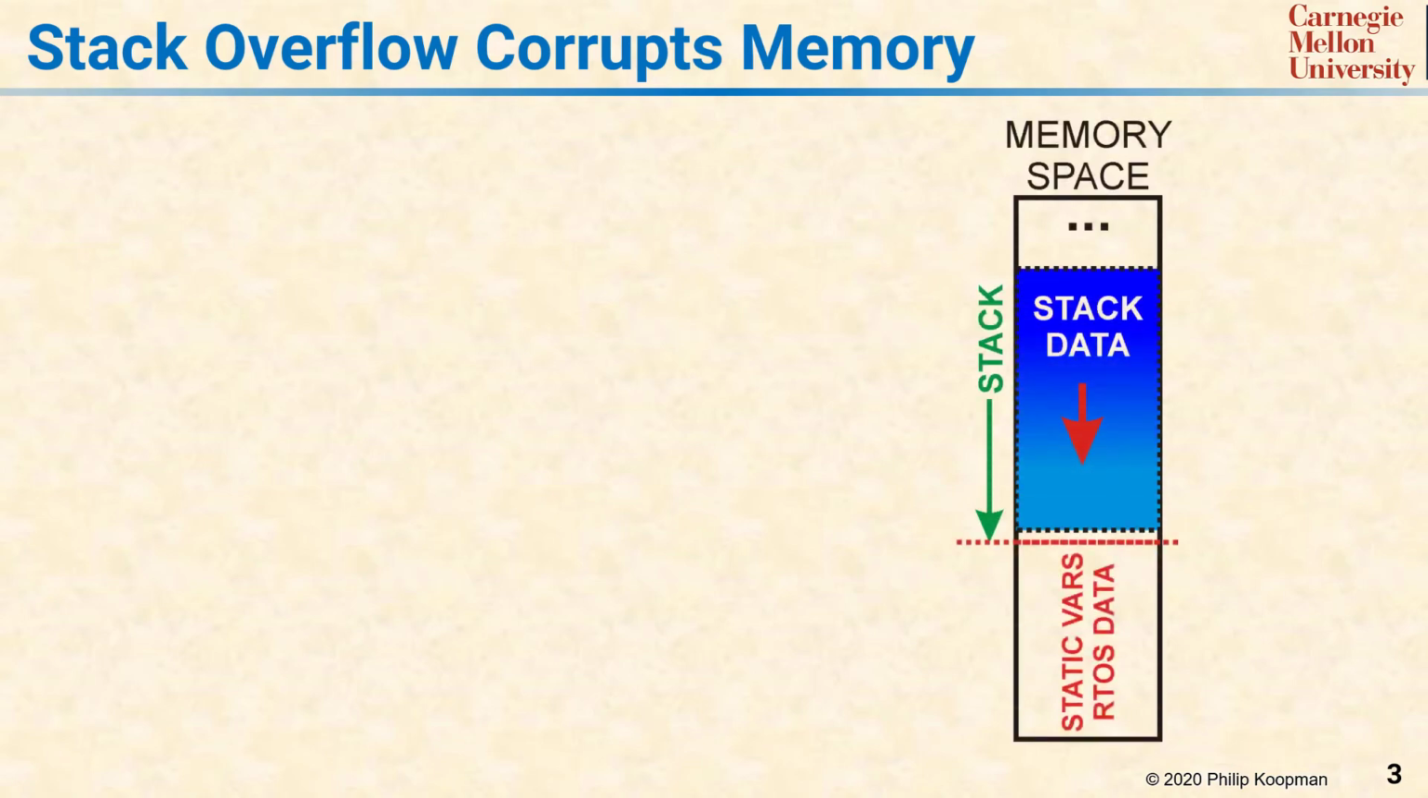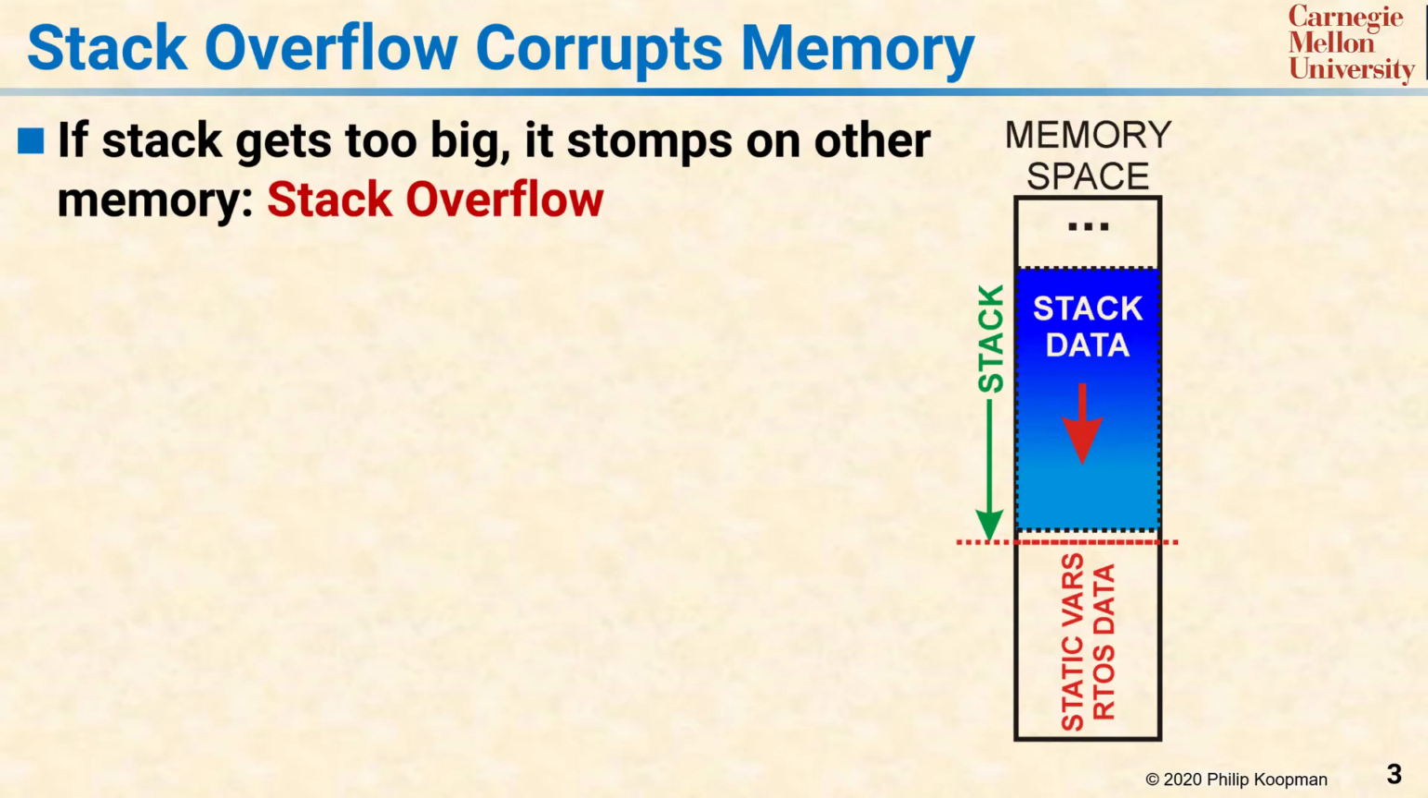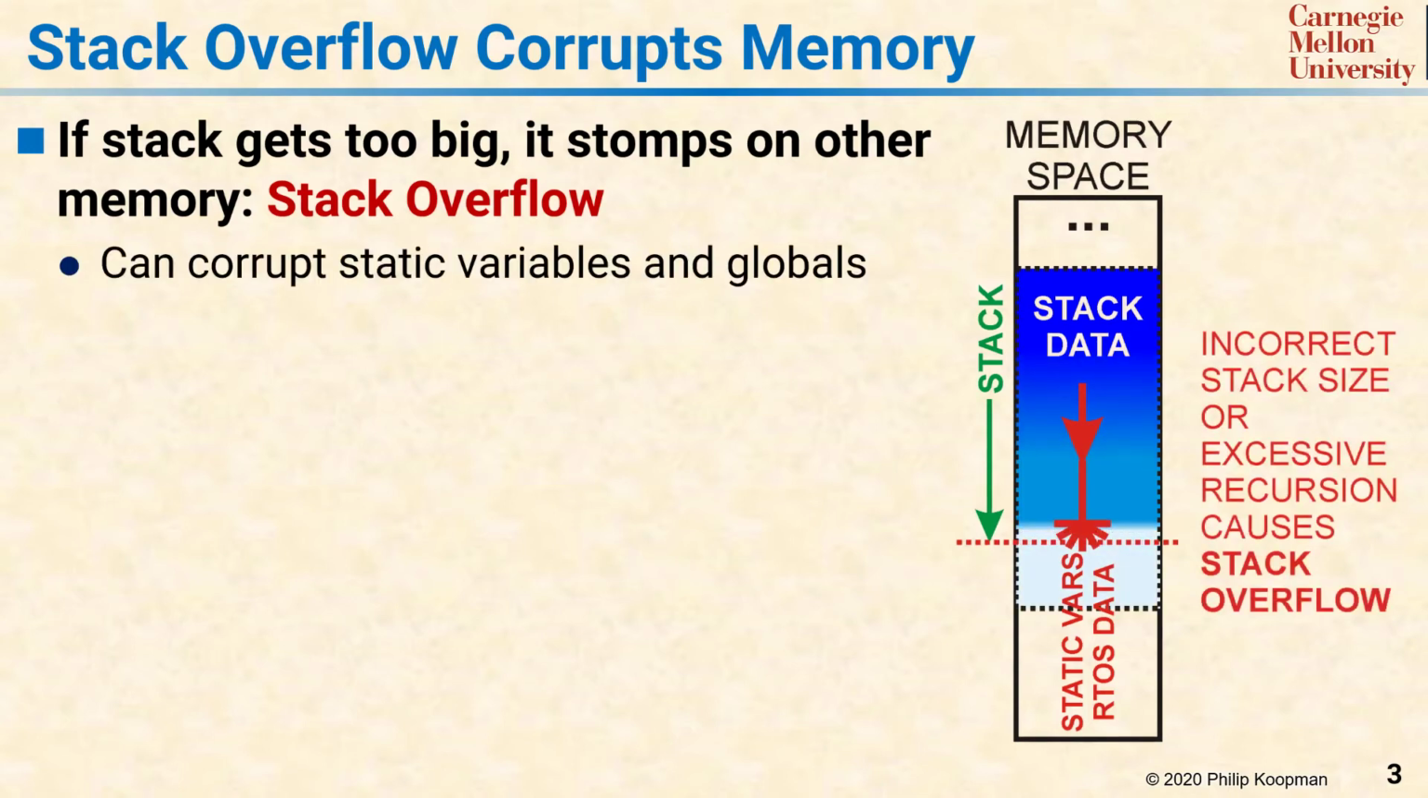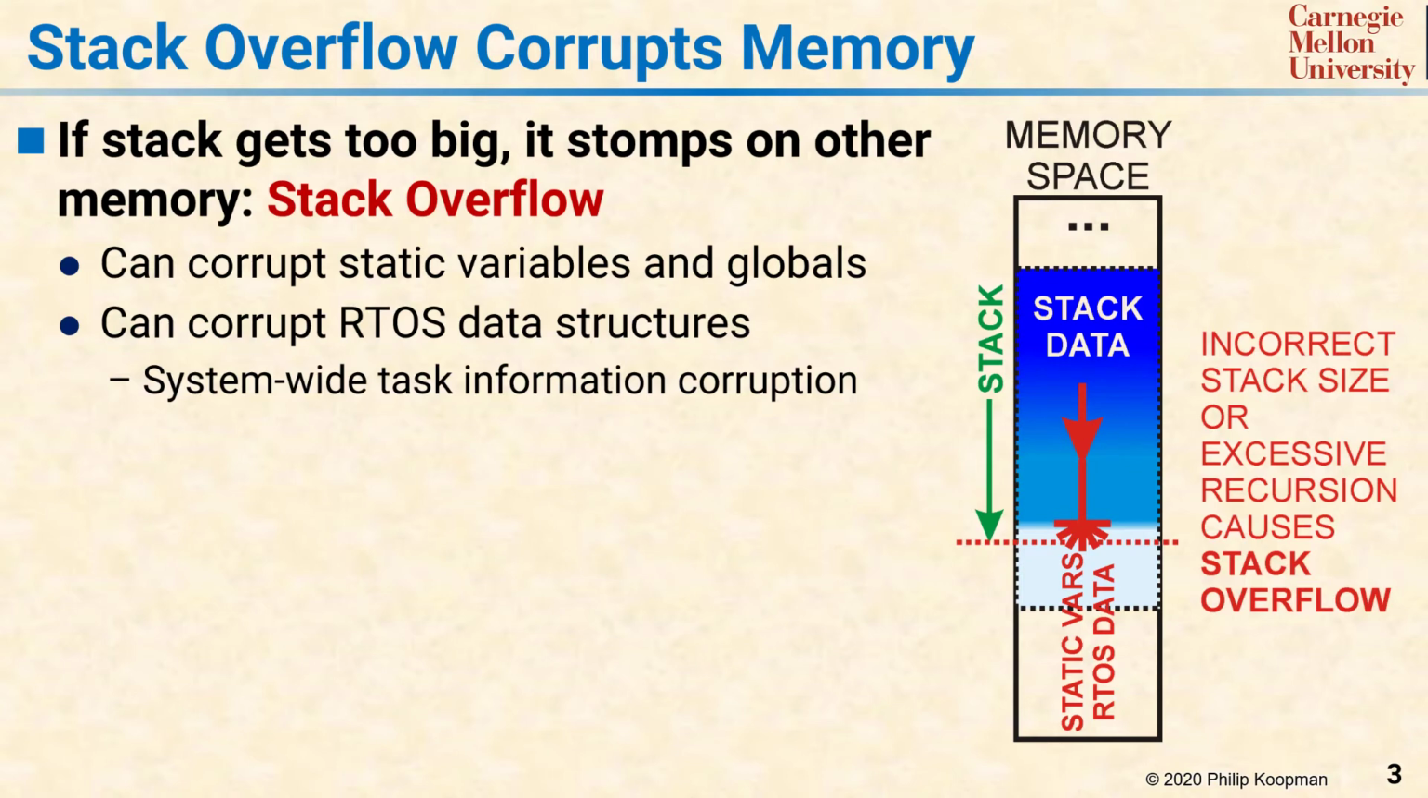In embedded processors that don't have memory protection, the biggest risk from stack overflow is memory corruption. Simply put, if the stack gets too big and exceeds the space allocated for it, it can stomp on other memory. This stomping is likely to hit statically allocated variables and global variables. Depending on your system's memory layout, it can also corrupt real-time operating system data structures, which can do nasty things